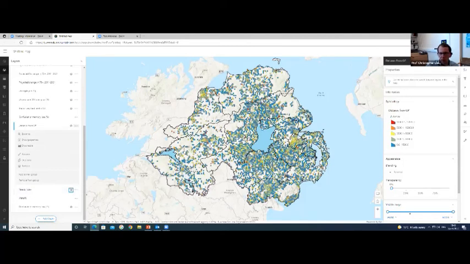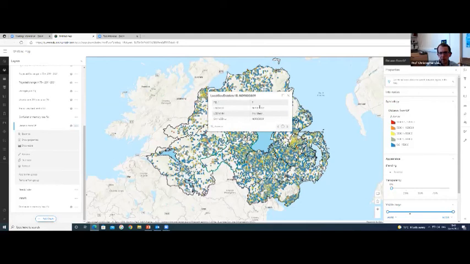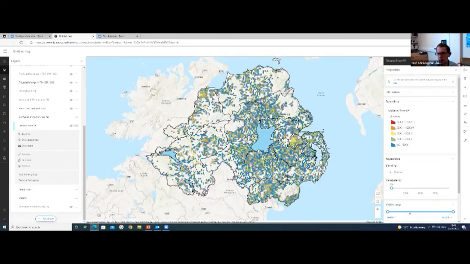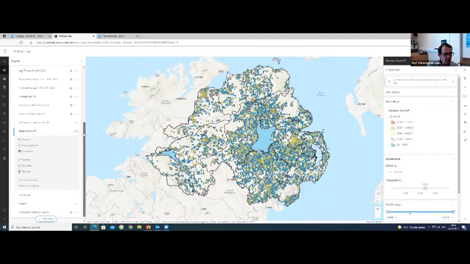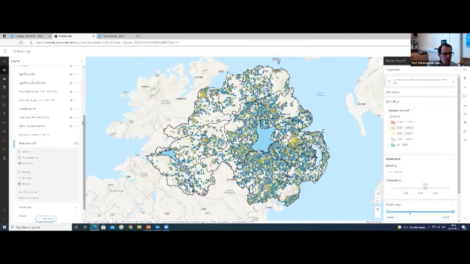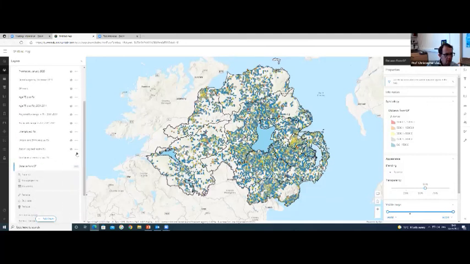I'm just trying to think what else I could usefully say. So you can click on an individual area, depending on the layer that you've got highlighted at a given time, and it will bring up the attributes for that particular area. If you want to see what's going on underneath with a particular layer picked, let me pick distance from GPs and turn off all the others. Where are we? There we go.